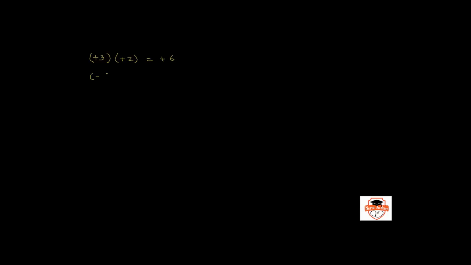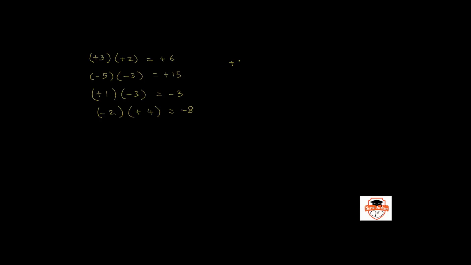Negative 5 multiplied with negative 3 gives you a positive 15, because the two signs being multiplied are the same. However, a positive 1 times a negative 3 gives you a negative 3, because the two signs are opposite. And similarly, negative 2 multiplied with a positive 4 gives you negative 8,